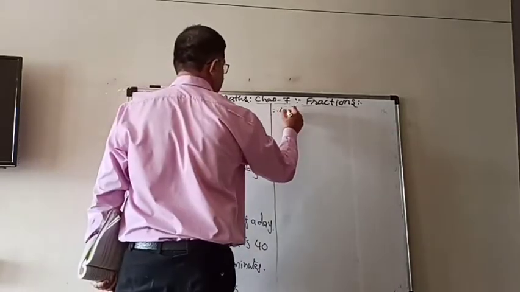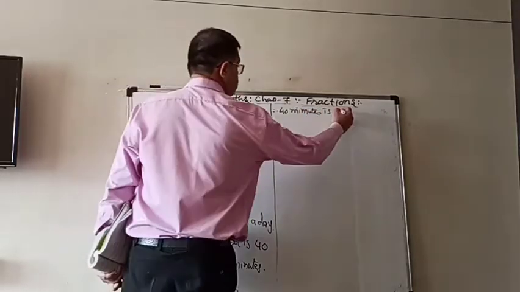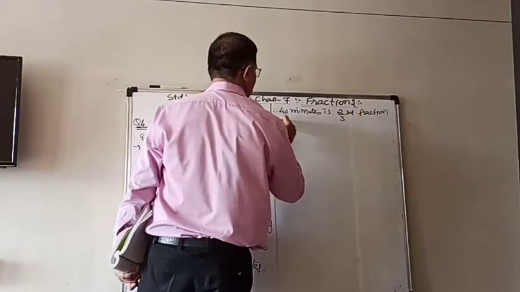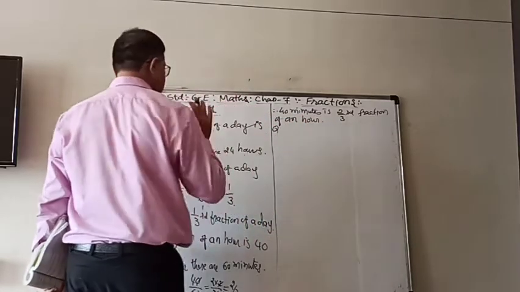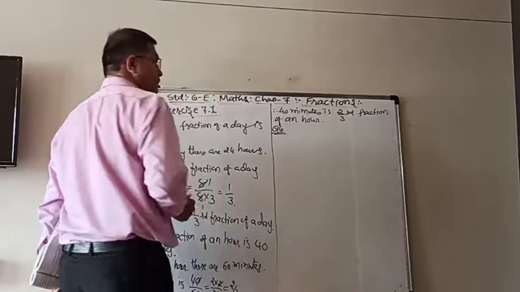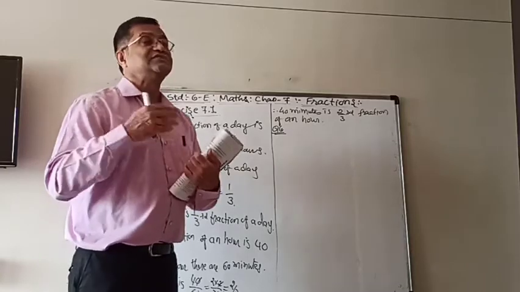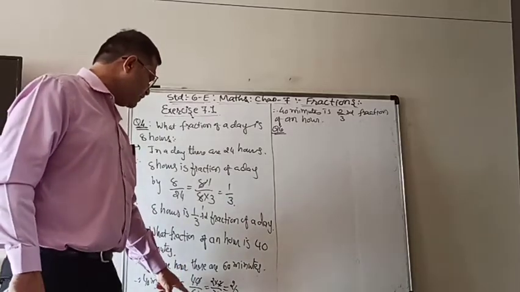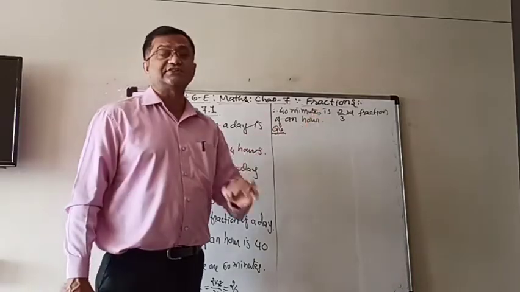Therefore you can say that 40 minutes is 2/3 fraction of an hour. So it is very simple. Total part must be in the denominator, and whatever part we have to take is represented in the numerator, and then you have to simplify. If you forget to simplify, also not a problem if you write down that one, but generally we try to give the answer in the simplest form.